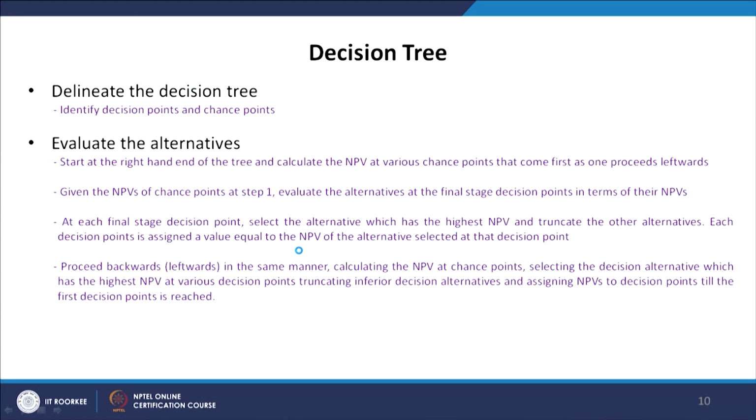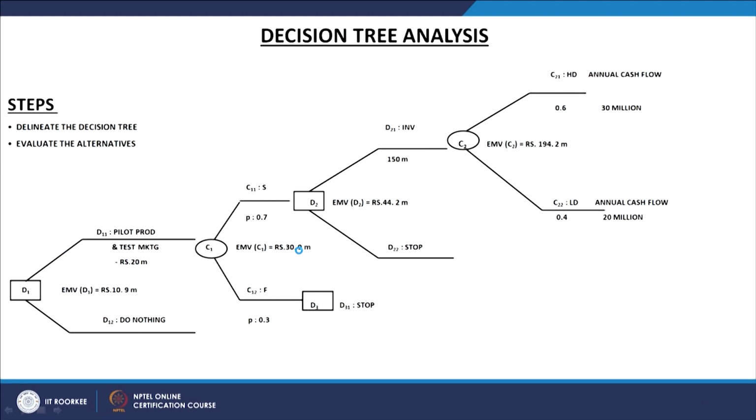So, in the decision tree there are two steps involved. The first step is to delineate the decision tree. First of all you draw the decision tree, and the second step is to evaluate the alternatives. These are the two steps involved here, which are also given in this structure. We have already written that delineate the decision tree, and second, evaluate the alternatives, and then the alternative that is the best on the basis of the NPV calculated, that alternative we are going to select. So, in this case